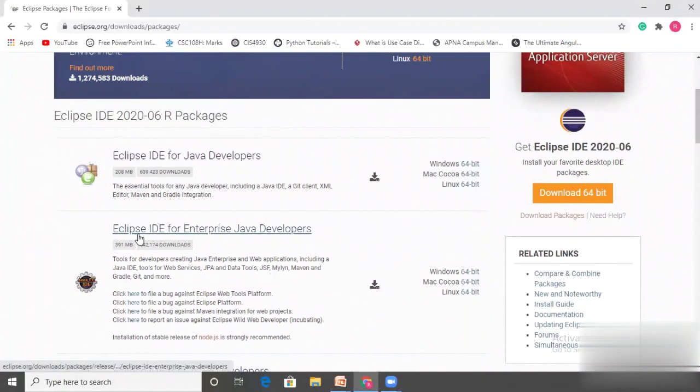Go to Eclipse IDE for enterprise Java developers, and here you will find Eclipse for different operating systems such as Windows, Mac, Cocoa, and Linux. Go to Windows 64-bit and click on it.